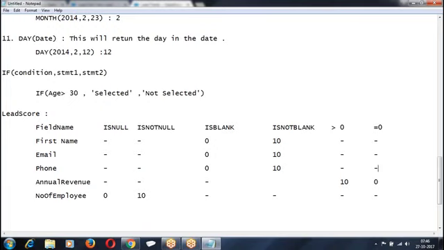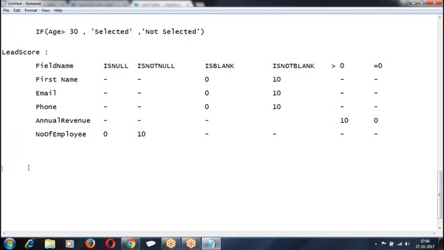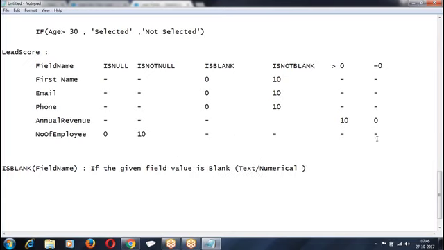Now, how do you create this? To create this, we need to understand two functionalities. The first one is IsBlank of field name. If the given field value is blank, whether it is a text field or a numerical field, then it returns true.